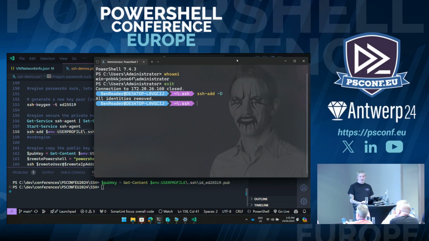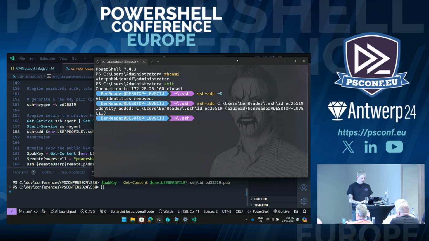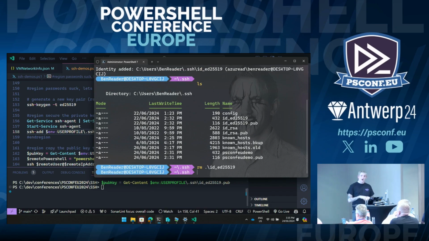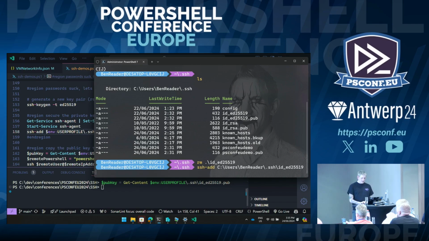So now if I tried to run that, it would still work because I have the private key in that specific location. But if I just go ahead and go ssh-add, and then C drive. Okay, and then what I'm going to do is remove this from my machine. So I now do not have the private key. So in theory, this is just not going to work, or it shouldn't work. But I'm just going to go ahead and connect in.